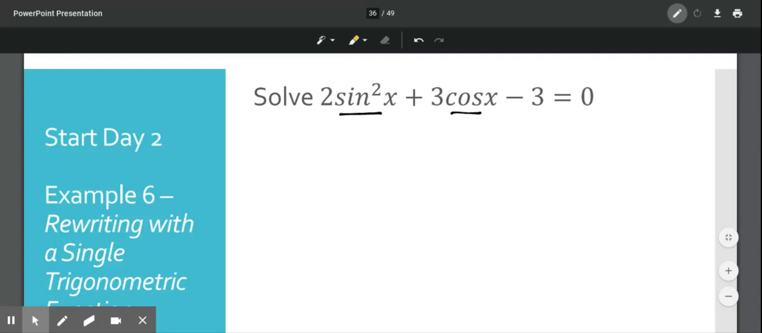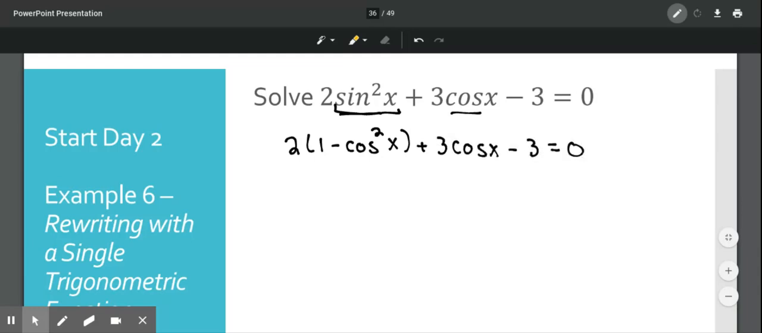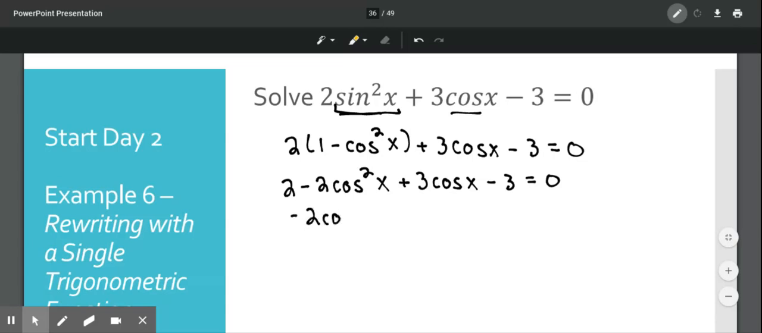So instead of having a sine squared, I'm going to substitute in the 1 minus cosine squared from the Pythagorean identity, and then say plus 3 cosine minus 3 equals 0. And so then now I just need to simplify that. So now I have 2 minus 2 cosine squared plus 3 cosine minus 3 equals 0. And if we simplify everything, I get minus 2 cosine squared plus 3 cosine